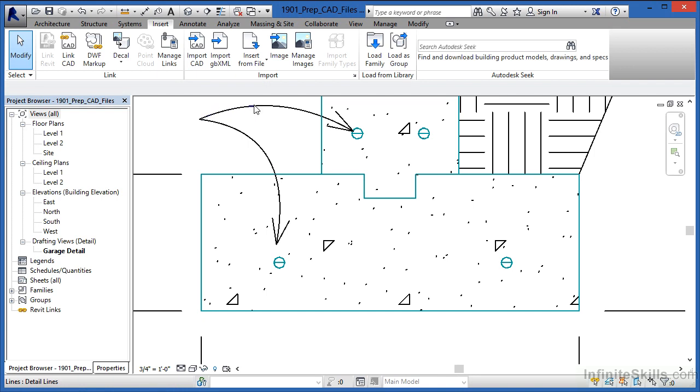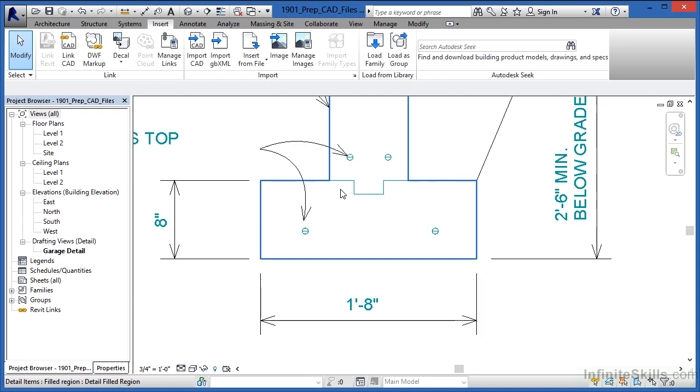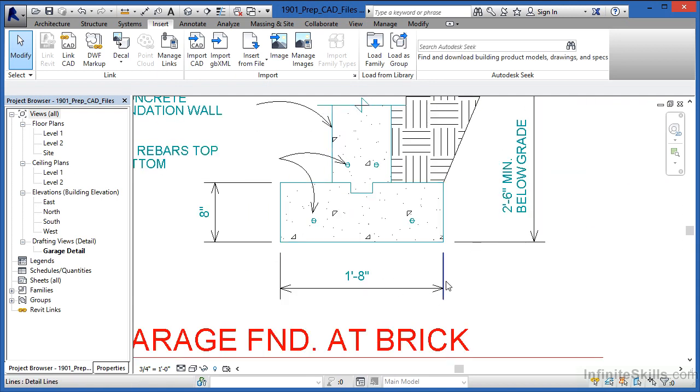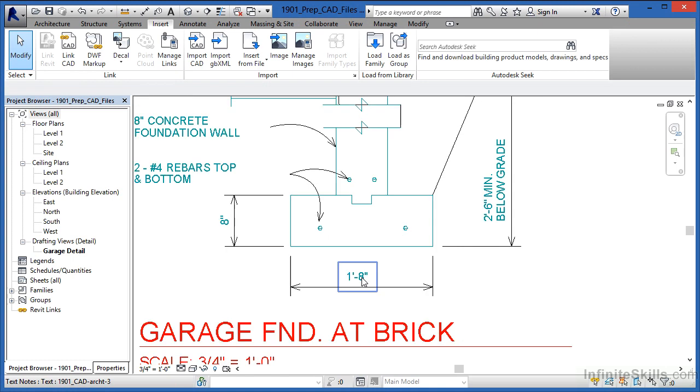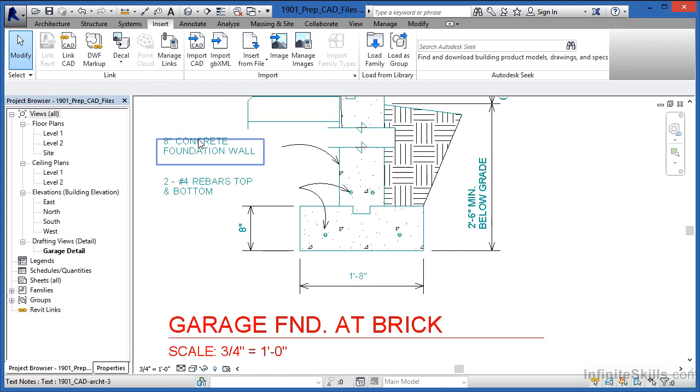Each individual line is not a true arc. This arrowhead is no longer an arrowhead. It's line work that looks like an arrowhead. Your dimensions are the same way. Your leaders. Everything that might be part of a dimension that was brought in from that AutoCAD environment is now an individual line. Even the text, which would have been multi-line text, may be showing up as just a